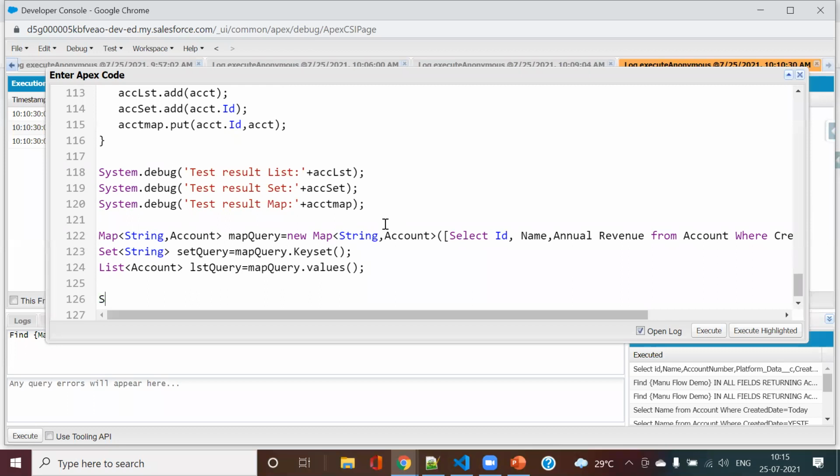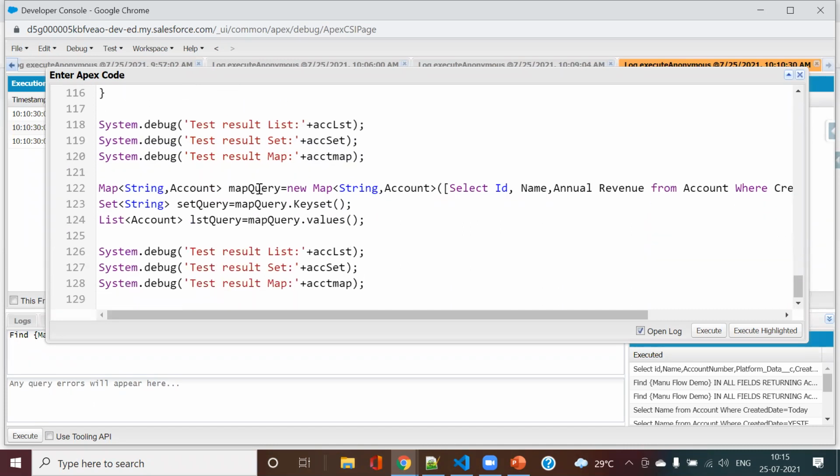Now we will try to debug just like that. Okay, so now just try to query this.